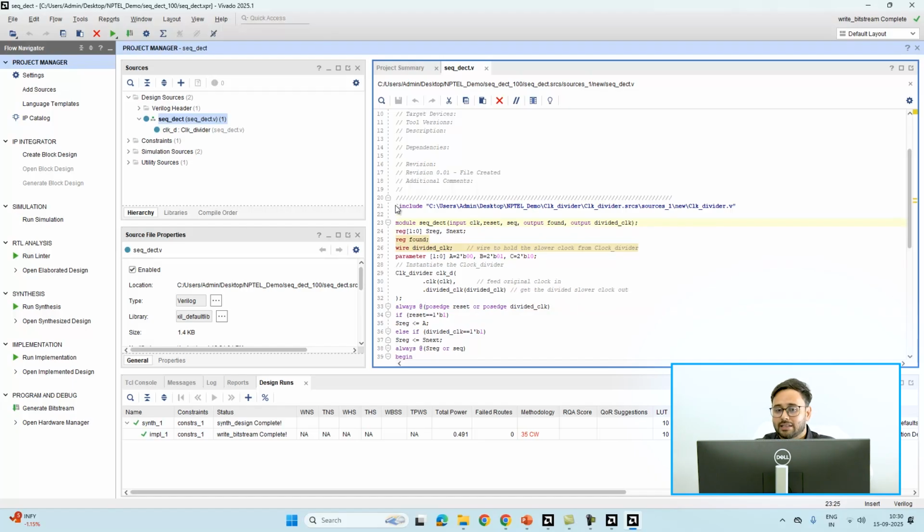So I am taking the clock from this clock divider, as it is, for every 10 seconds it will be on, after 10 seconds it will be off. So the module name is sequence detector. I am taking as input clock, reset, sequence. Sequence we will be giving through the sliding switch, and output, if found, then it will be the glowing